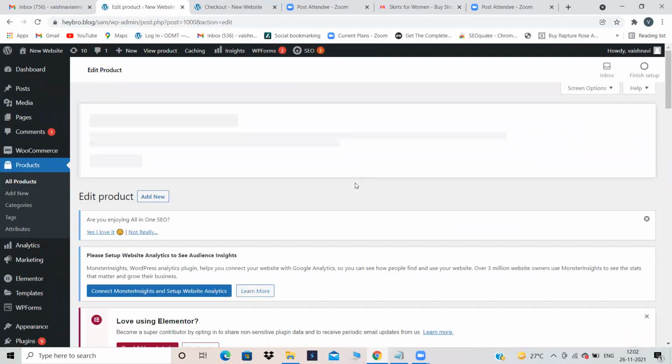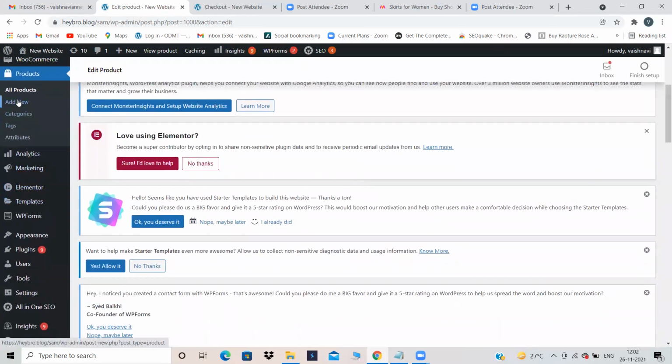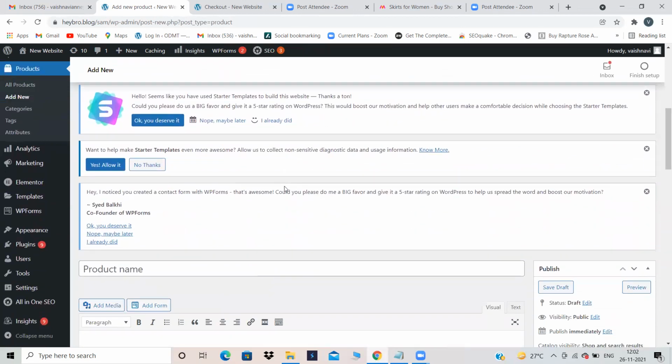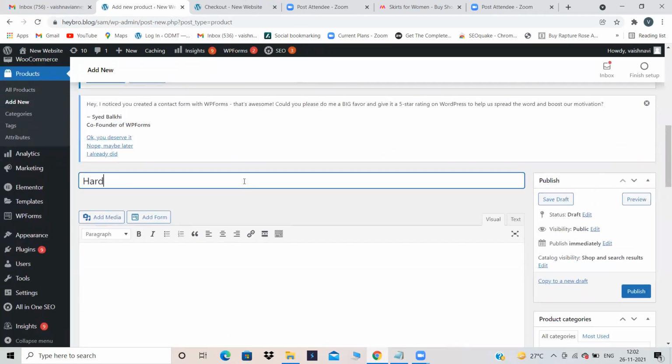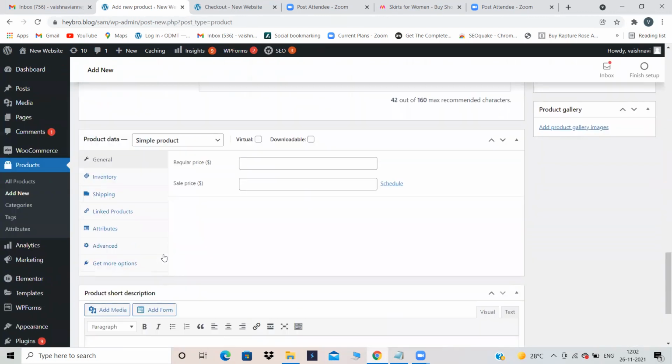Now I want to create one more product which is hard disk of 500 GB. So again go to all products and click on add new product. And here I'm mentioning the name as hard disk 500 GB. Okay. Now short description, lengthy description, you guys please give it.